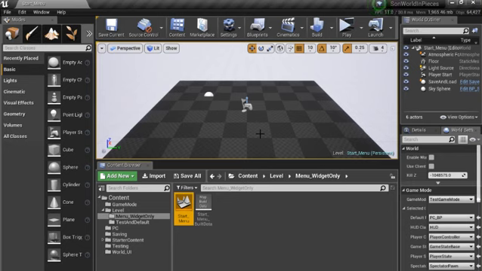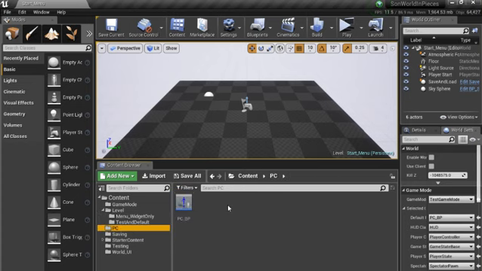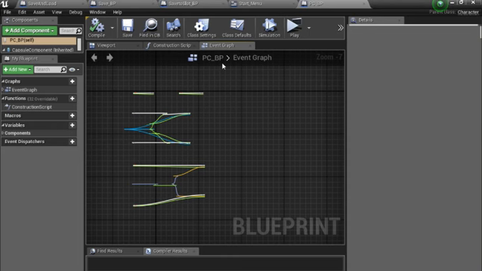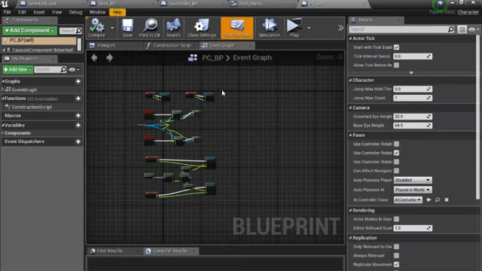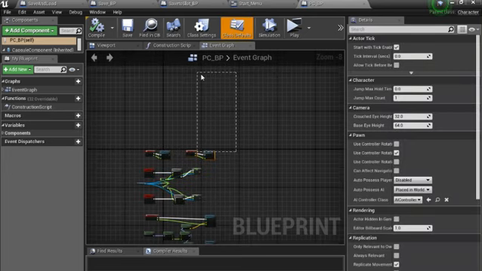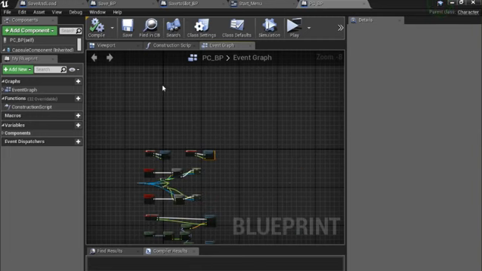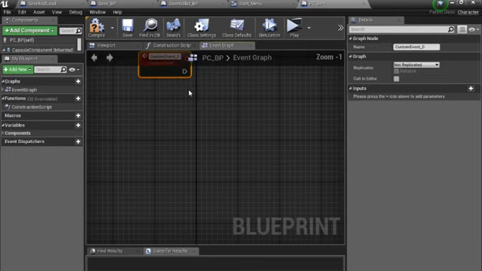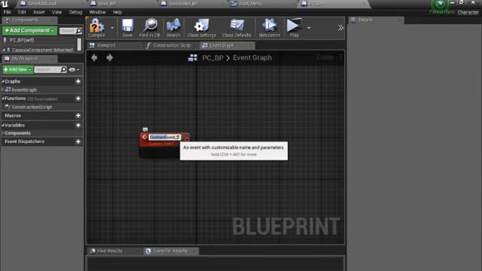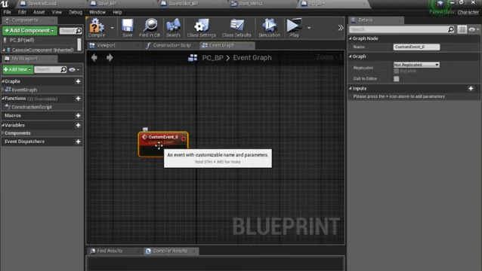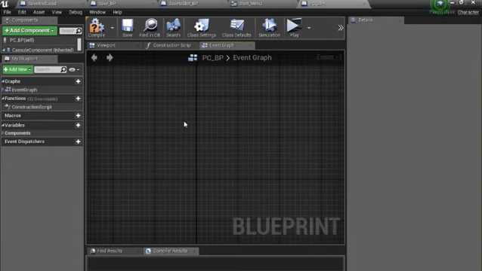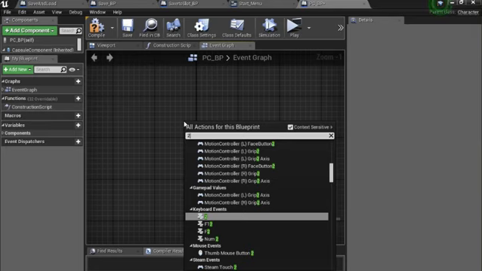Now we have to get to the ultimate test, and for that we need our PC character. Start our PC character. So now this here is only for testing. I will add a custom event. Call it testing. Oh no! I can do that for easier. What I can do here is, yeah,